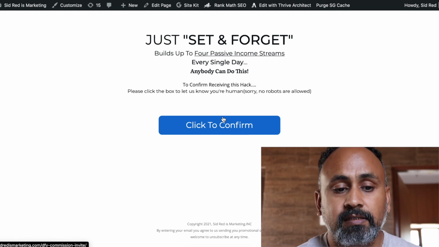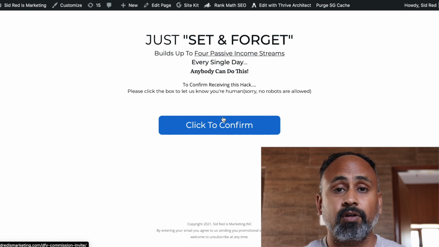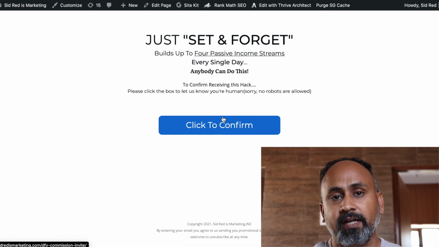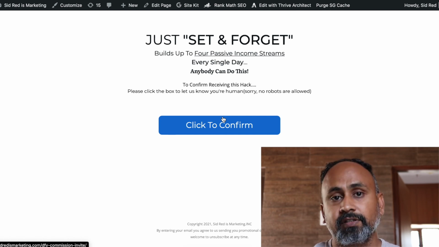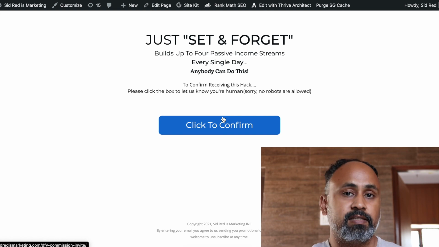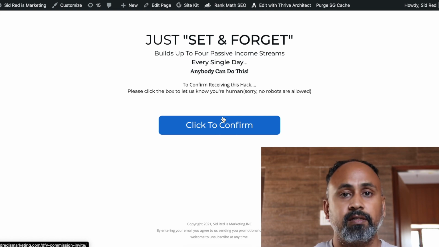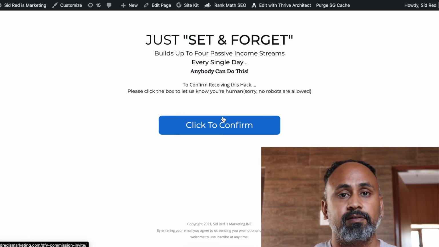So that's it, guys. I know you will have a lot of questions, but this is the overall process of how to build a list in the easiest way by using solo ads. It's a paid form, it's not an organic way. But guys, it has its own advantages and disadvantages. During the initial run, you won't get any sales, but if you are consistent in putting money into it, you'll slowly see certain results, and that's when you can get daily sales using solo ads.